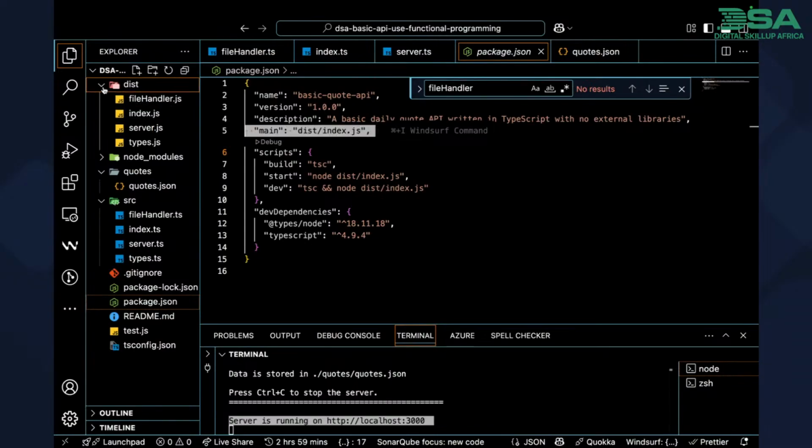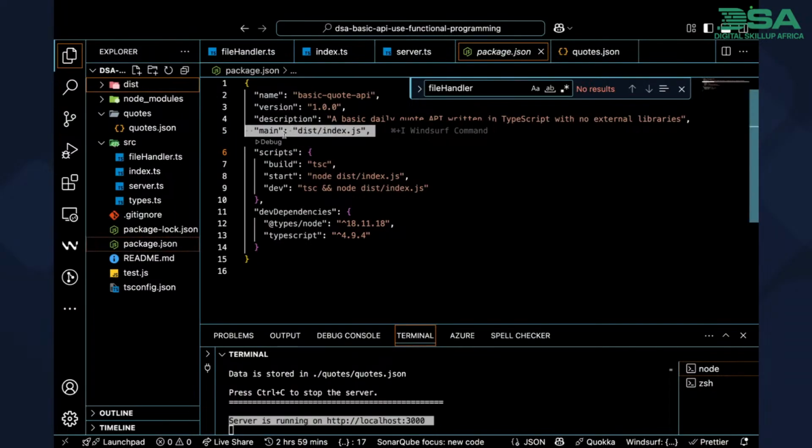Okay, so now can you see that the disk already has file handler, index server? So it already put all the things that it knows you are working with in its own way that it will understand. It has interpreted your folder into the way it understands it, and then you know that, okay, the main thing you are dealing with is package.json, go to this and look for the index.js